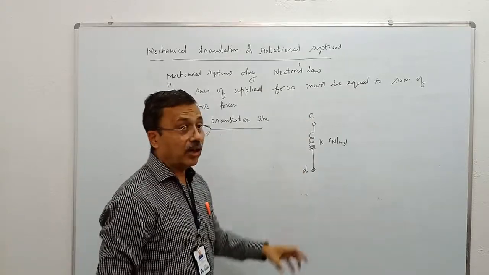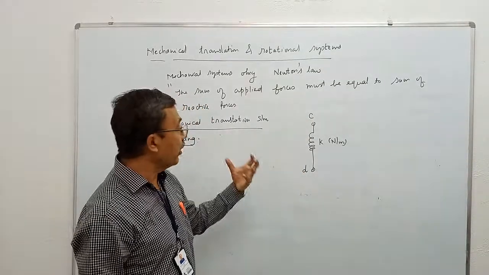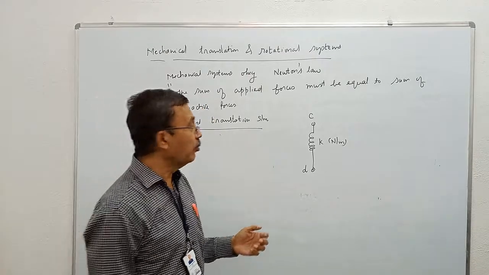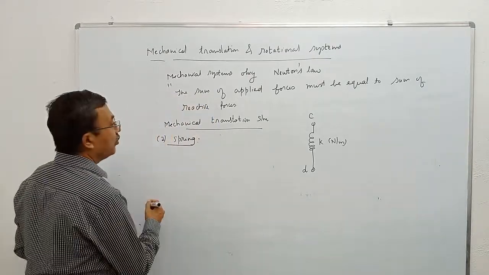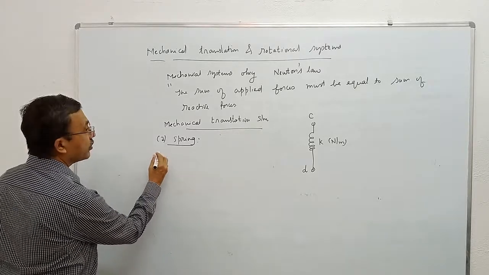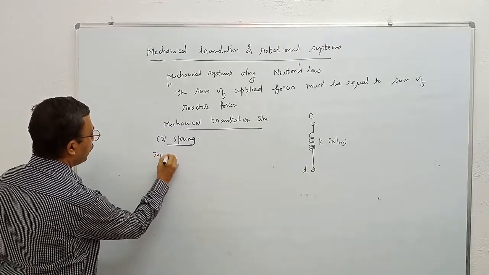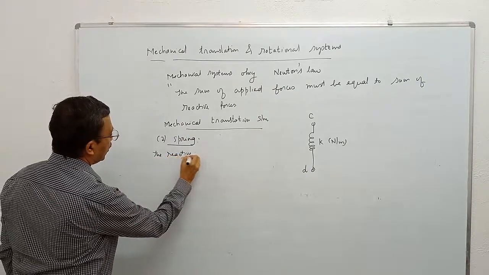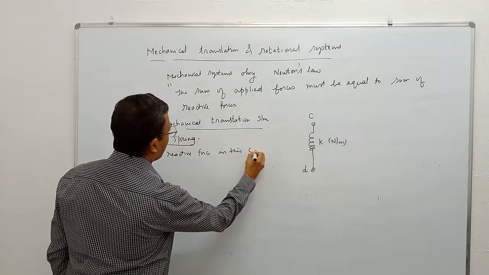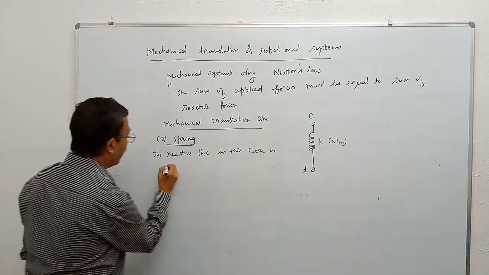The end D has a displacement of position equal to xd. These positions are measured with respect to their equilibrium positions. So the reactive force in this case is given by